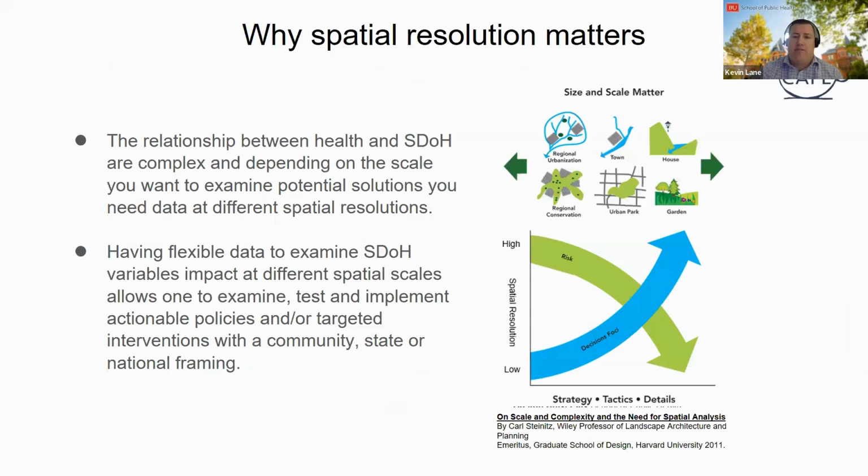Having your data at different spatial scales really matters because it can help you better understand environmental and social determinants of health that are really complex and depend upon the scale of what you're analyzing. A policy or an actual intervention will require commensurate level maps to help inform those decisions. So having flexible data on social or environmental factors at different scales will give you that flexibility overall. But sometimes you're limited in what you can do, and you want to think about aggregating or